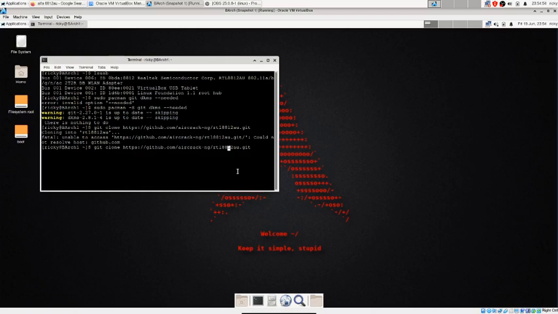Once you are there, it will clone it. Then cd into the rtl directory, and there is a command you need to run as sudo: sudo ./dkms-install.sh.